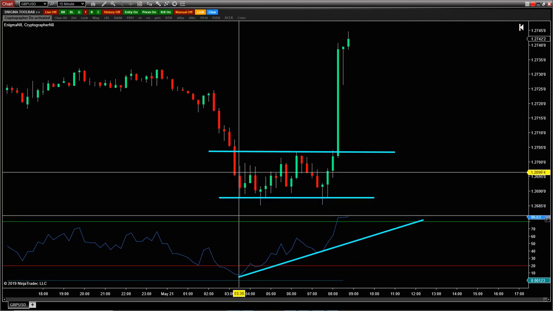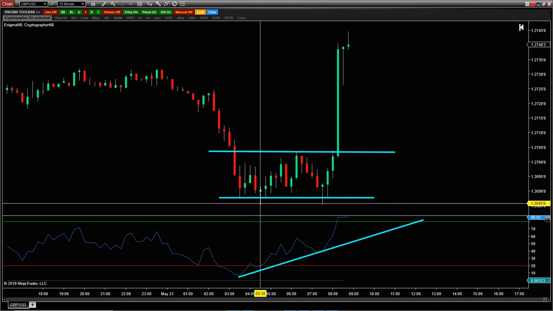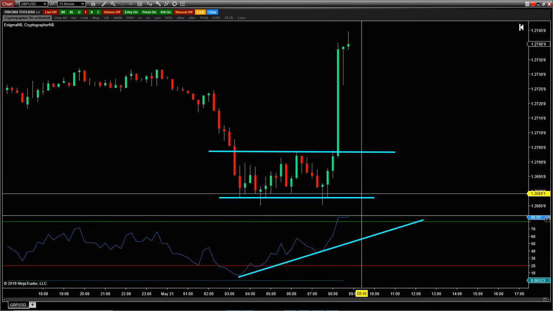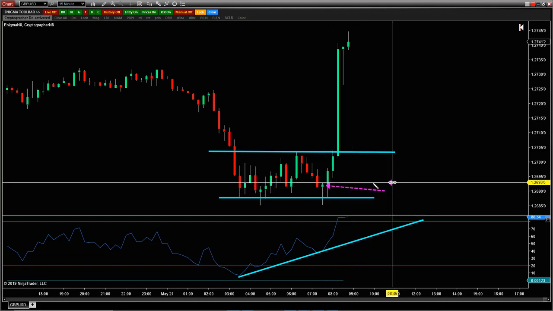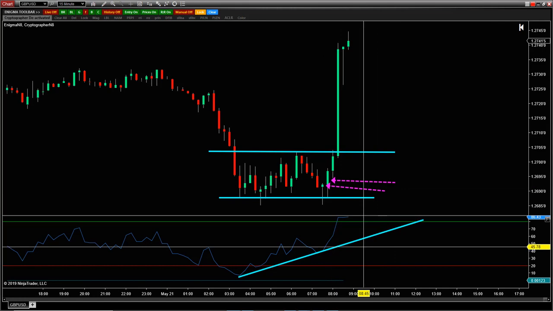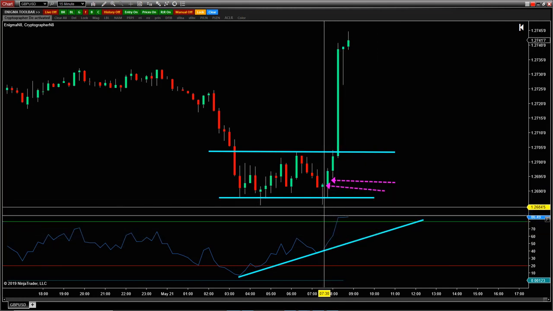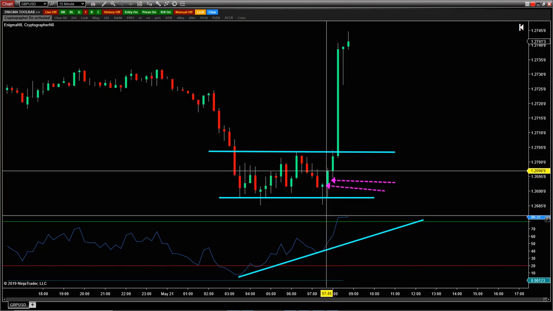And then again, just look at the wicks as we test these lows, right? Not necessarily on this one, but on this final test right here. Look at this candlestick. Look at this candlestick. Then look at this higher high, higher close candlestick. And look at the wicks to the downside. Long wicks, rejection. Rejection, strong bullish candle, higher high, higher close. Now again, would I trade it right here? Not at all.